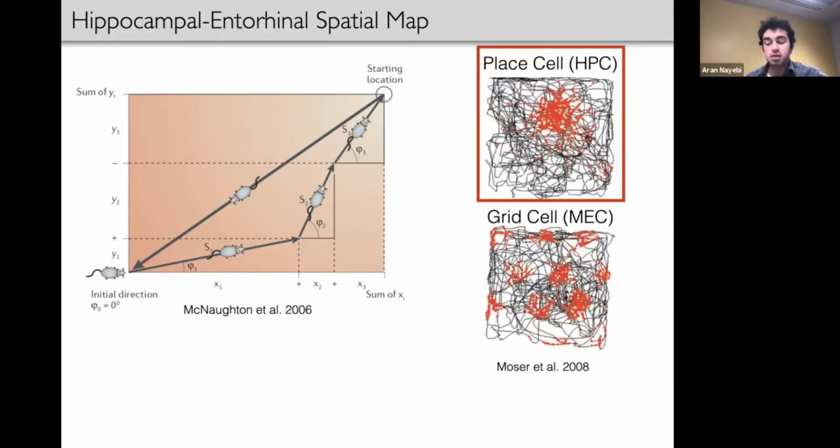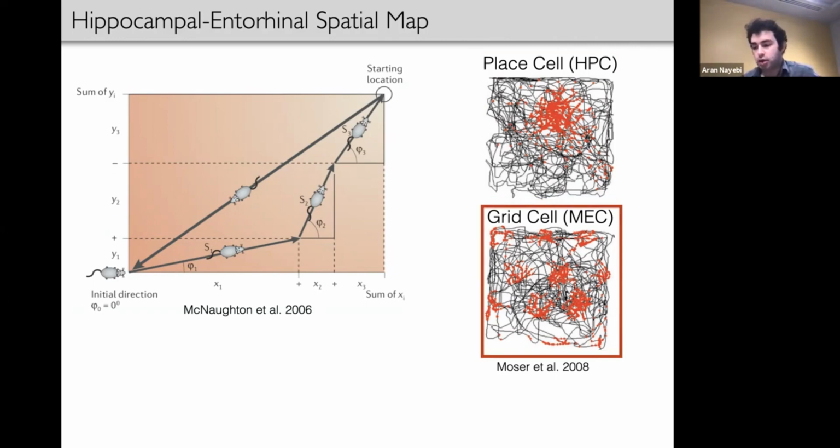Central to this is a spatial representation system that contains place cells in the hippocampus, which become active when an animal enters a particular place in its environment, as well as grid cells, border cells, head direction cells, among others, in medial entorhinal cortex, or MEC. So, for example, grid cells exhibit periodic firing fields forming a regular triangular grid across the environment, and they're thought to be generated by path integration as part of a neural map of self-location.